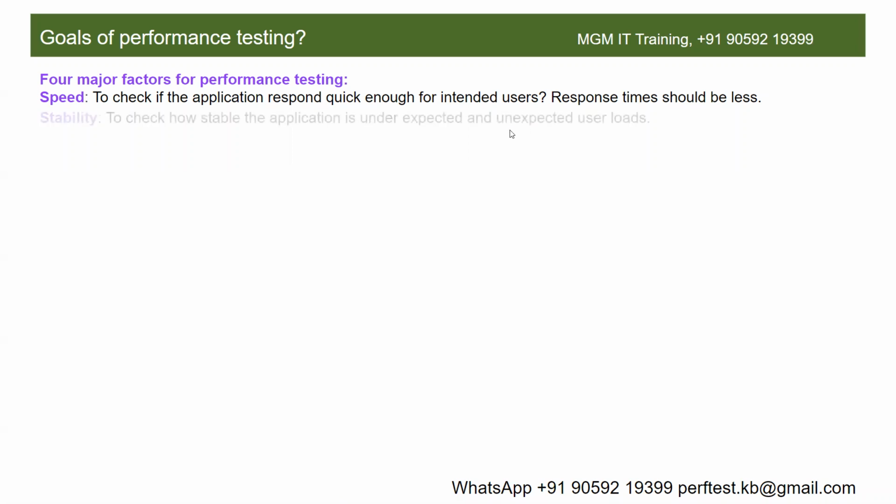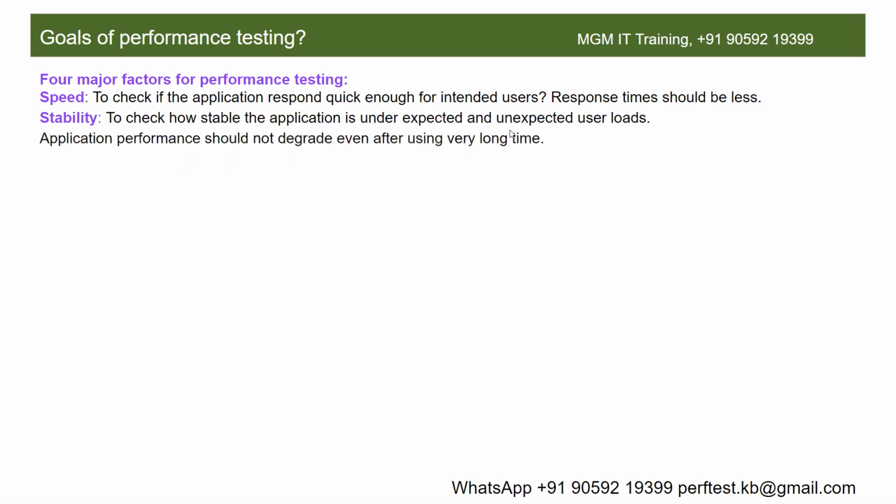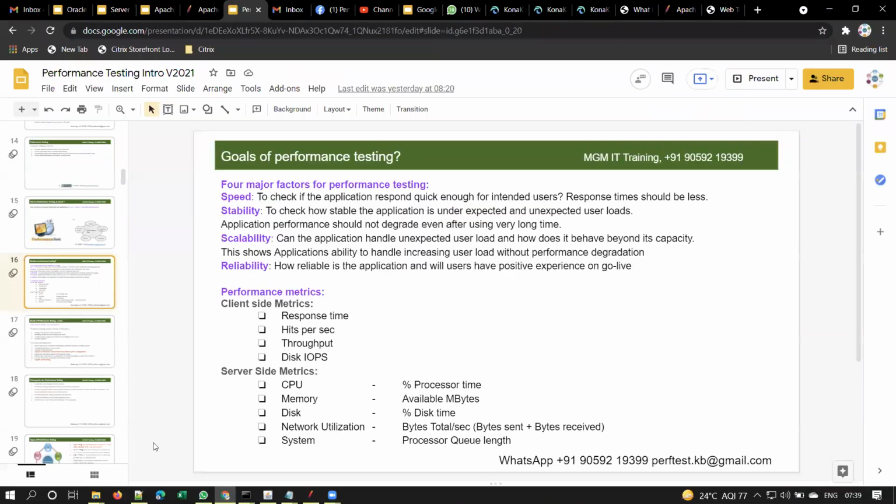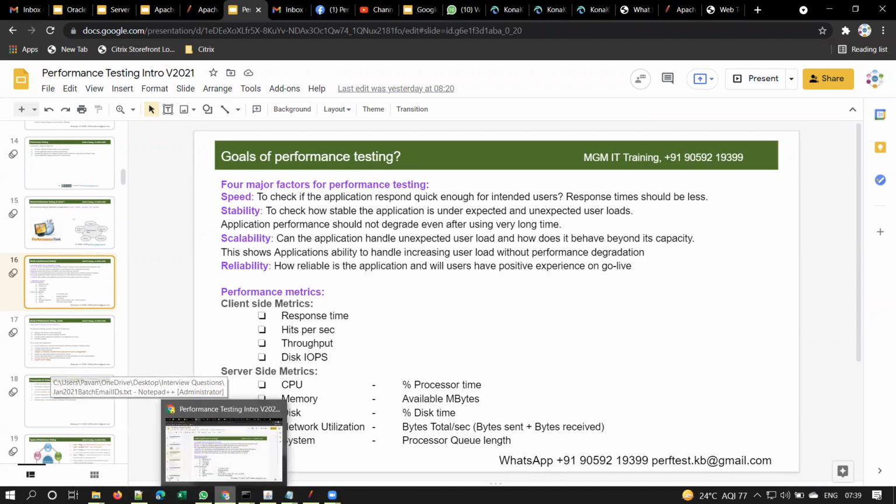And the next thing is stability. Stability means checking how stable the application is under expected and unexpected user loads, right? Every application will have a certain target user load. The business analyst team will provide you the numbers of how many users will be using their application.